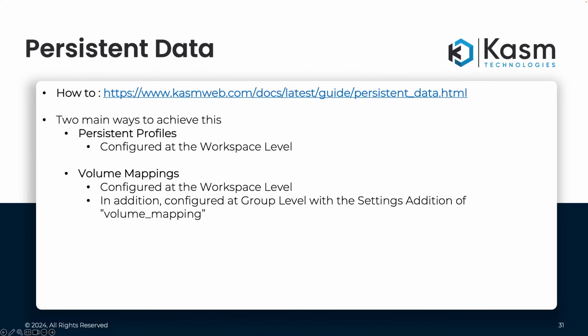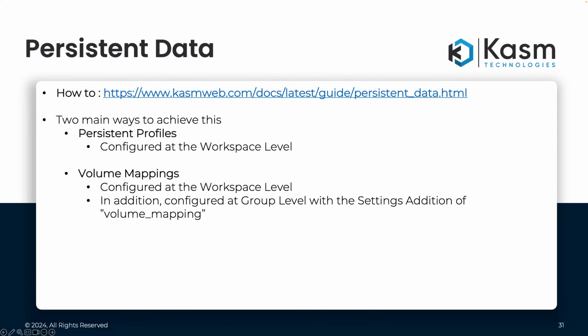For persistent profiles, by configuring this, you will automate the process of mounting a host directory in the workspace that will serve as the user's home directory. This is equivalent to roaming profiles found in other platforms as an example. When configured, your users will have the option to launch their workspaces using their persistent profile, or they can disable it so that they can spin up ephemeral sessions instead.